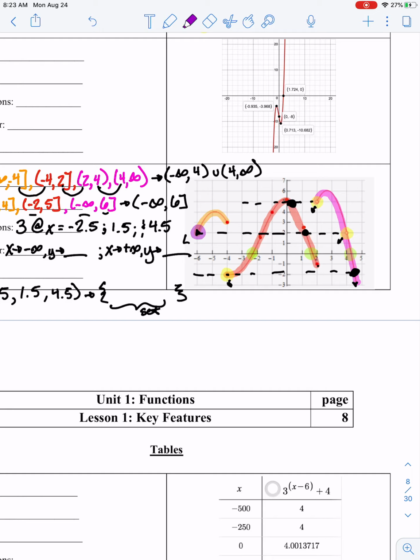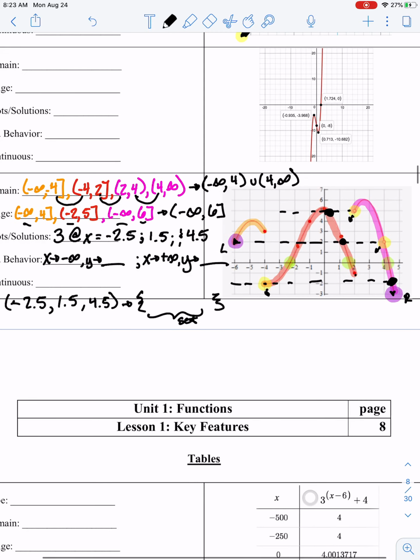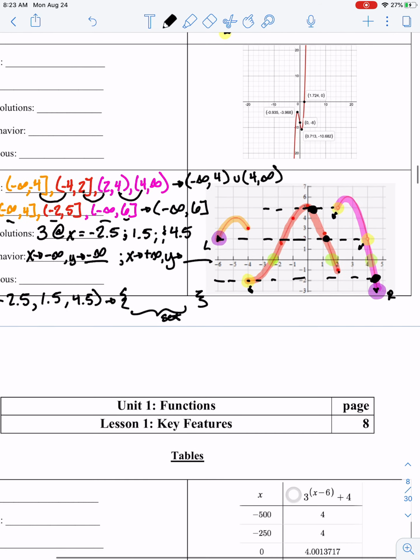Then I'm going to go all the way to the right and put an R. Again, if I can make a judgment that this arrow is pointing down, it goes to negative infinity. If I can make a judgment on the right arrow and say it's going up or down, then I know it's going to one of the infinities. If it's pointing up, it's going to positive infinity. If it's pointing down, it's going to negative infinity. I'm confident in saying it's pointing down